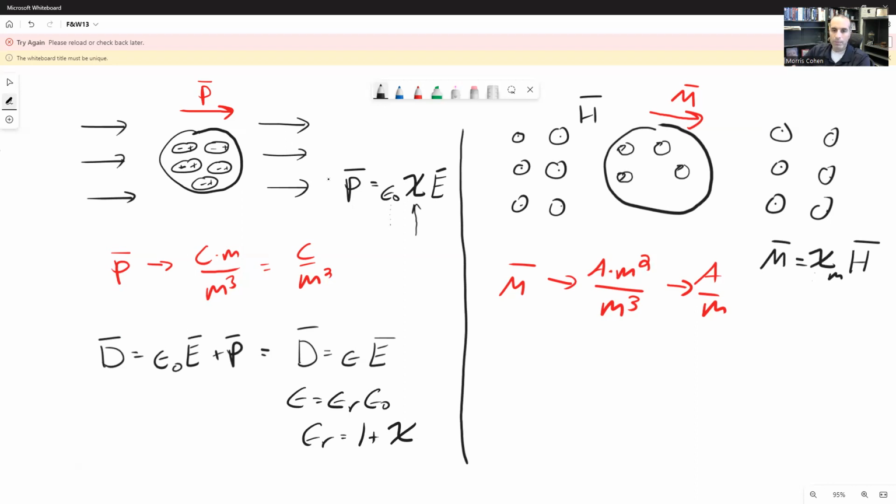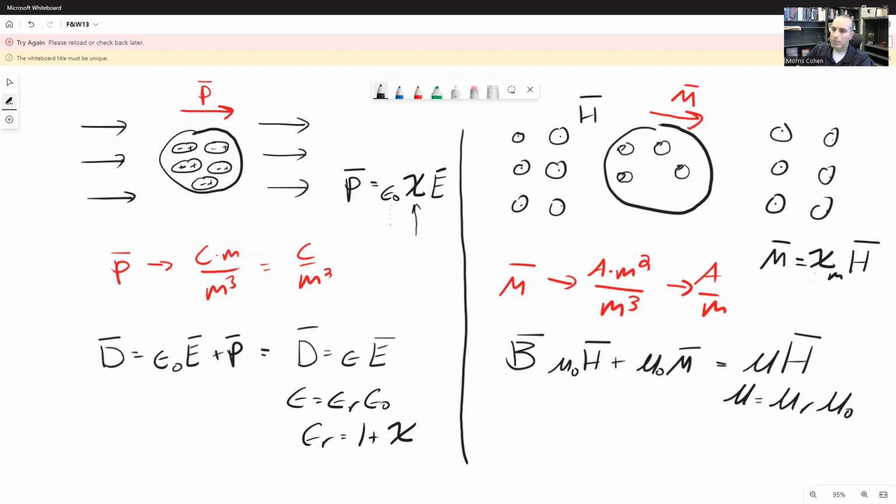And if we substitute all that in, we end up with B equals mu naught H plus mu naught times M. And if we substitute our relationship here, M to H, then we get B equals mu times H, where mu equals mu R times mu naught. Mu R equals 1 plus this magnetic proportionality constant,